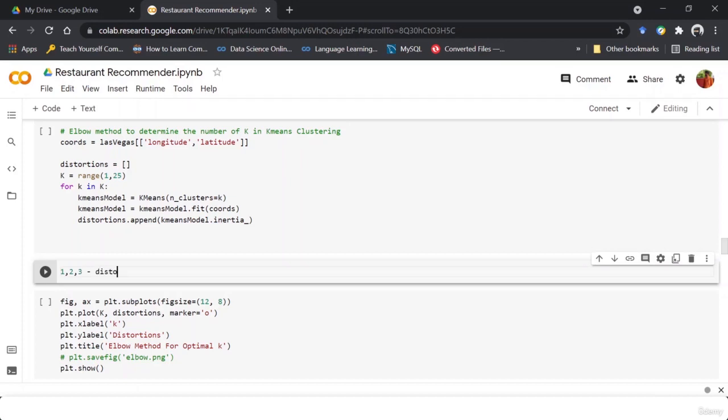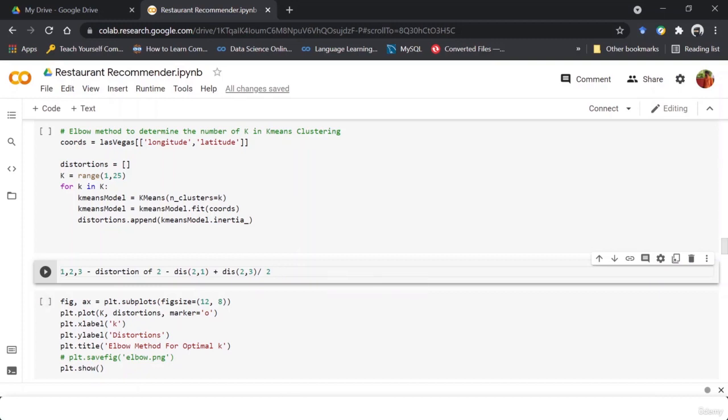Then for the distortion of 1, I would say the distance of 1 to 2 plus the distance of 1 to 3, divided by 2. So this is the distortion for 1. If I want to take the distortion for 2, then I would say the distance from 2 to 1 plus the distance from 2 to 3, and divide by 2.